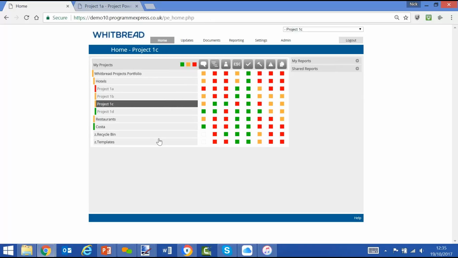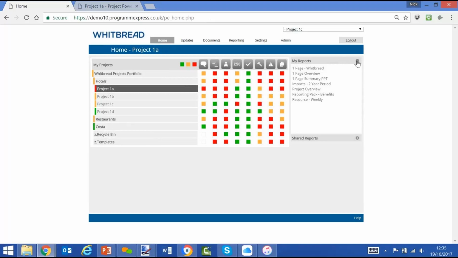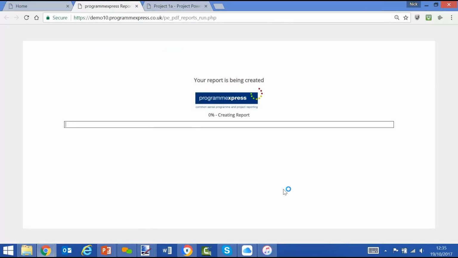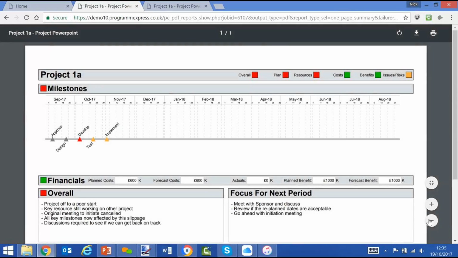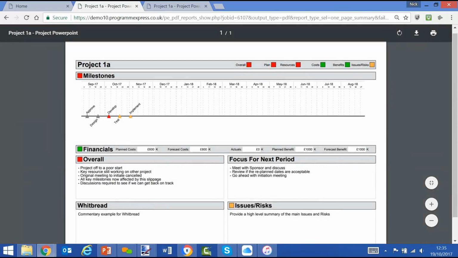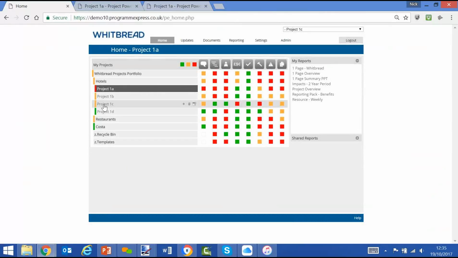More than likely, an administrator is going to want to run some program and portfolio reports. We showed a project report. If I just have a look at that again, under my license, then you'll see here that we have a new report, one-pager, Whitbread, which is the same report I showed you before, just demonstrating the configurability and showing that we can have the commentary threads as we so wish. So we've got overall focus, and now we've got the Whitbread example in there. So that's the project report, and there are other project reports, but the power of ProgrammExpress is in program and